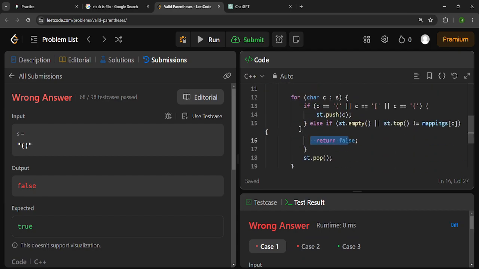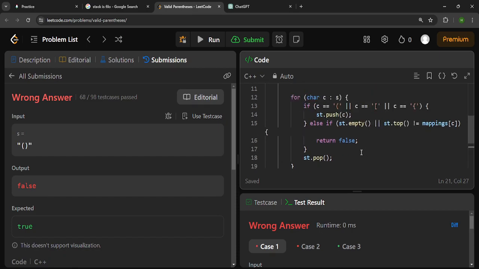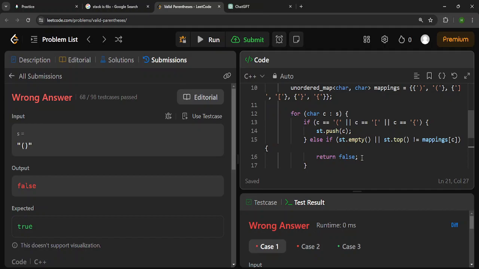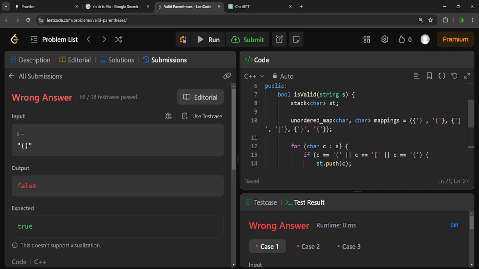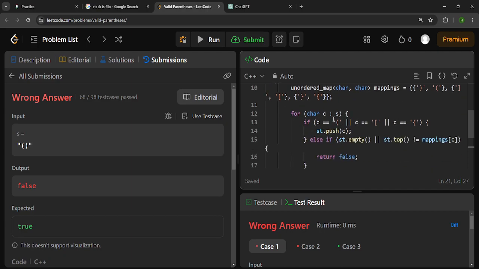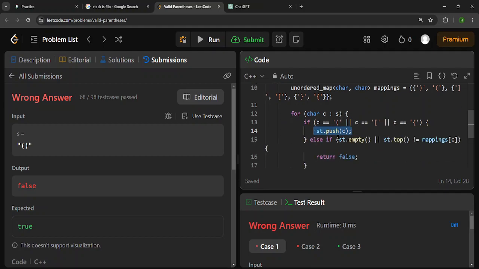So what we have here is, yeah, and it could also return if the stack has some elements inside, and then it could also mean if it's not empty, right? And then it could also return false. So over here we have for character in S. We have each round bracket opening, opening, opening. And we push it into the stack one at a time. And then we basically